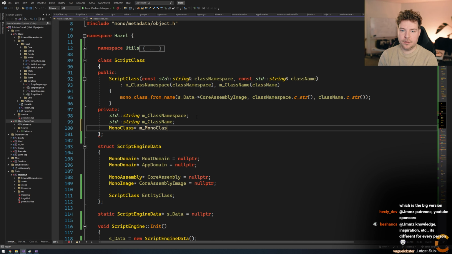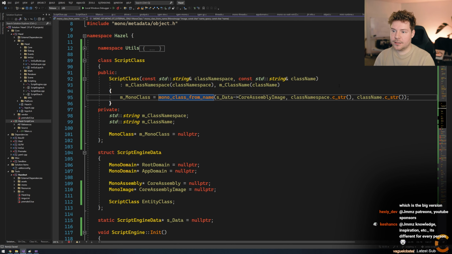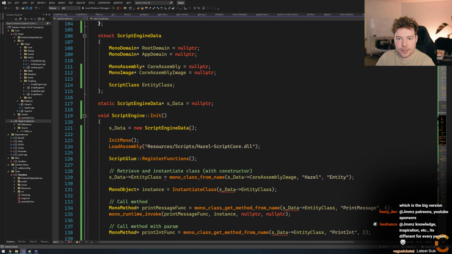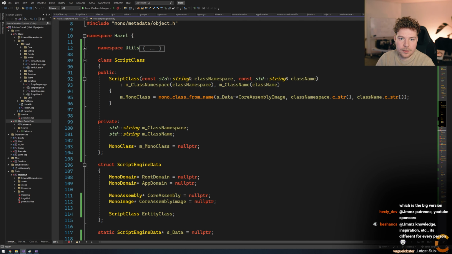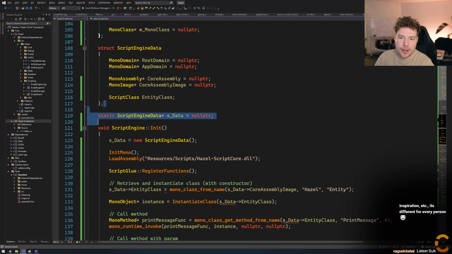I'll call it mono class. So it's a null pointer. That's that. And then once we have this, the cool thing is we can add in some, well, whatever. Just make a default constructor that does nothing.